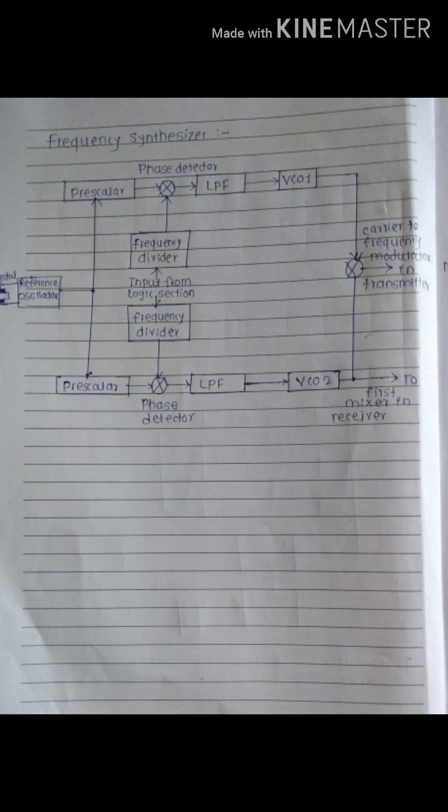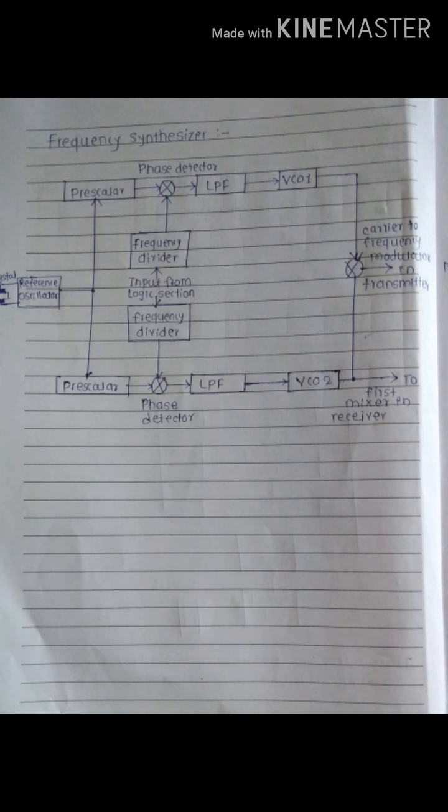The frequency divider will set the transmitter and receiver channel frequencies, meaning which frequencies are useful for transmitting and receiving purposes. These frequencies are set with the help of the frequency divider block and the divide by number, which comes from the mobile telephone switching office. The frequency divider will set the transmitter and receiver channel frequencies.